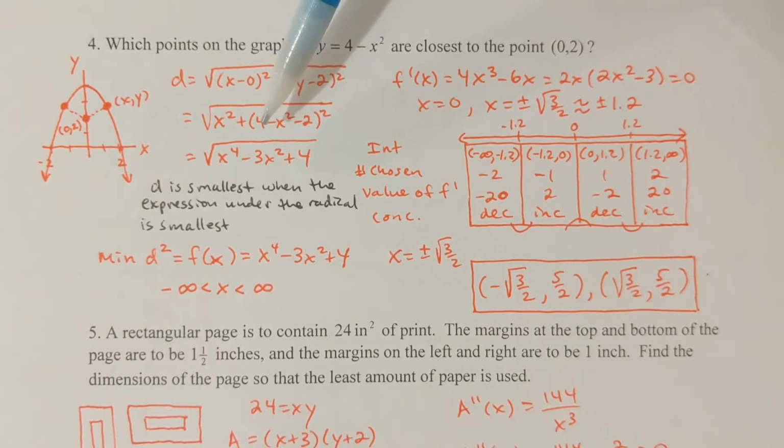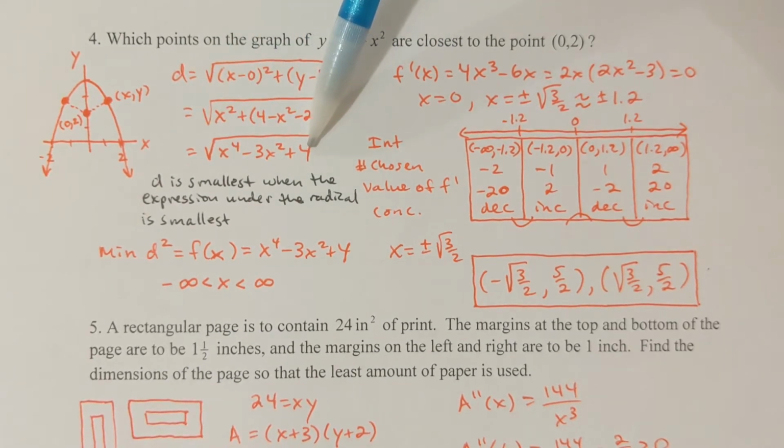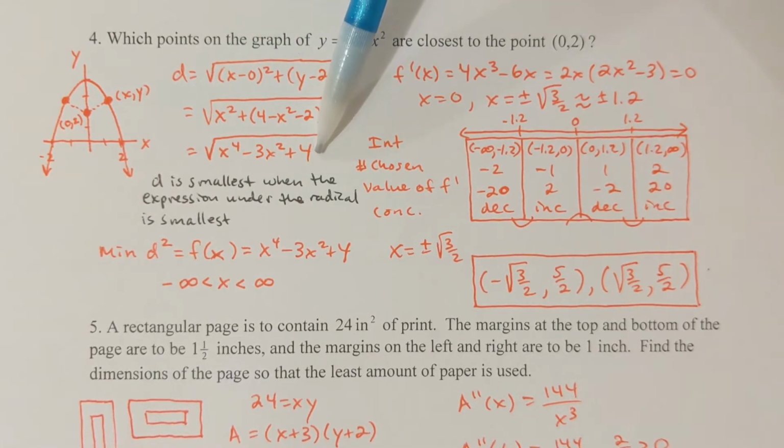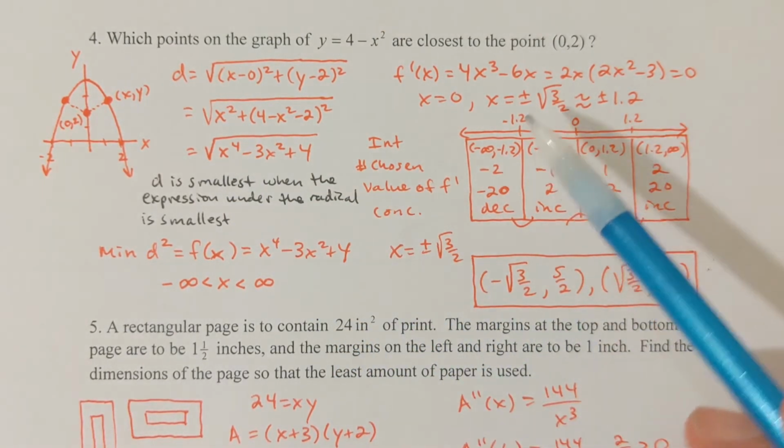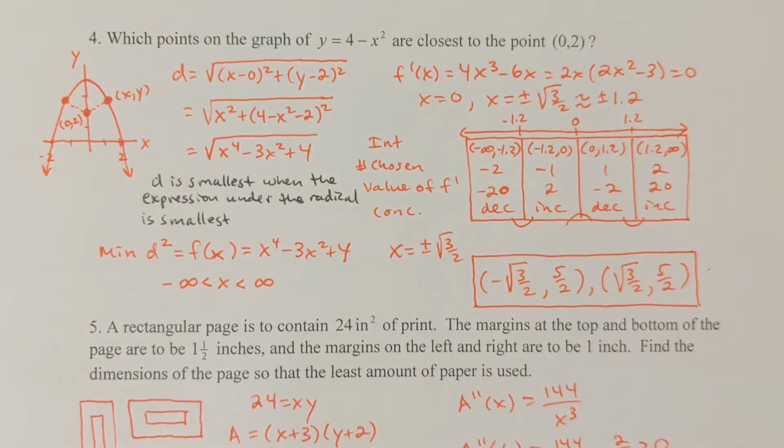Okay, now I've got 4 minus 4x squared, but then plus x squared would give me a minus 3x squared plus x to the 4th. And so here'd be that expression in simplified form. Now you could call this a function of x, which it is, and then at this point find your critical numbers and continue the calculation. By the way,